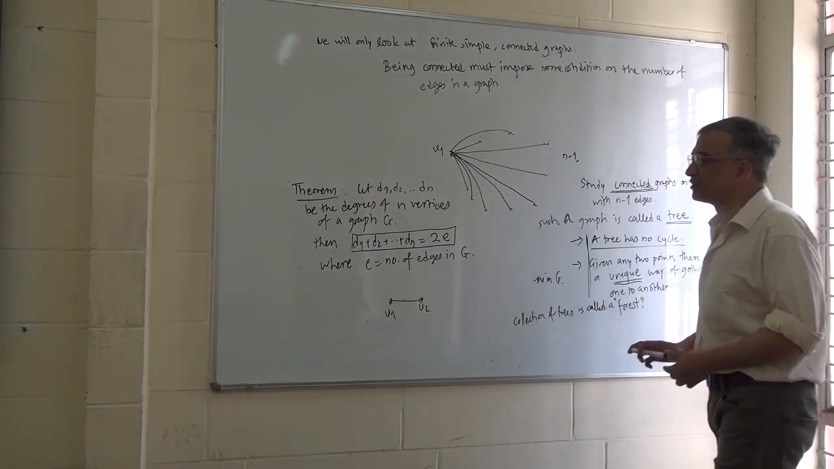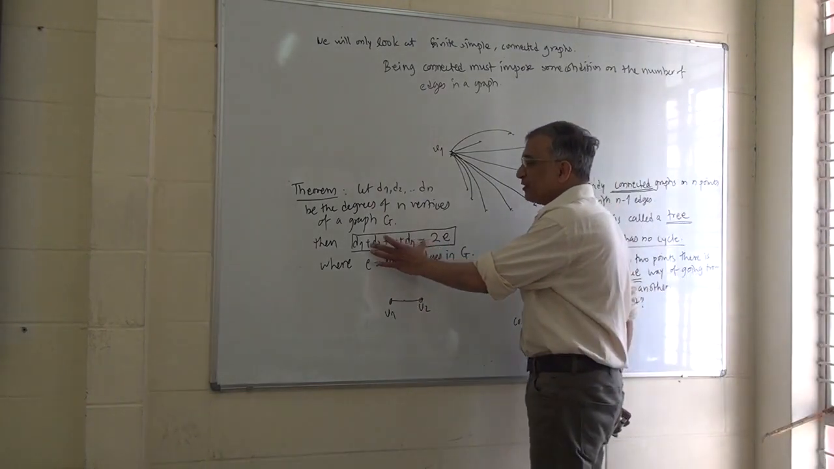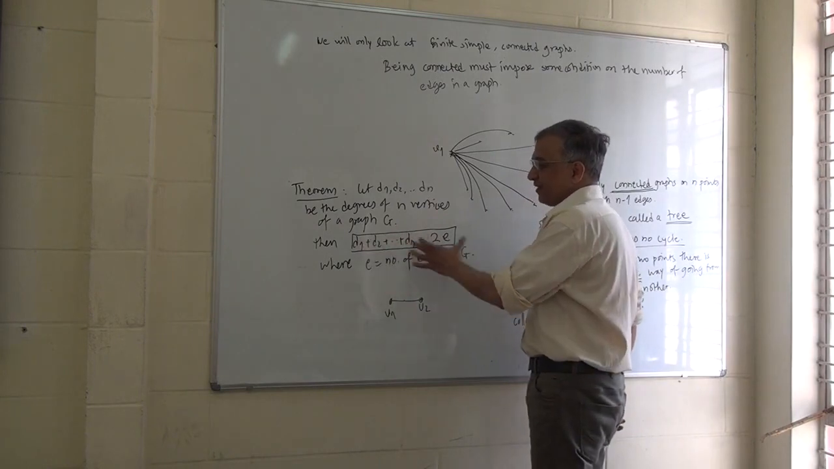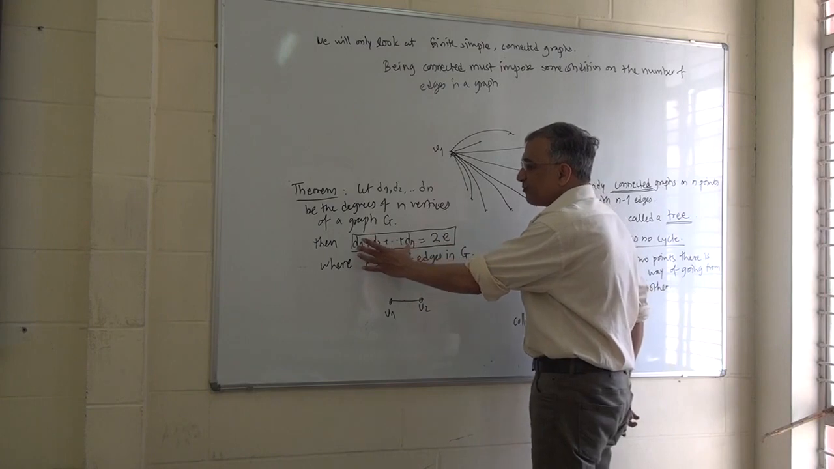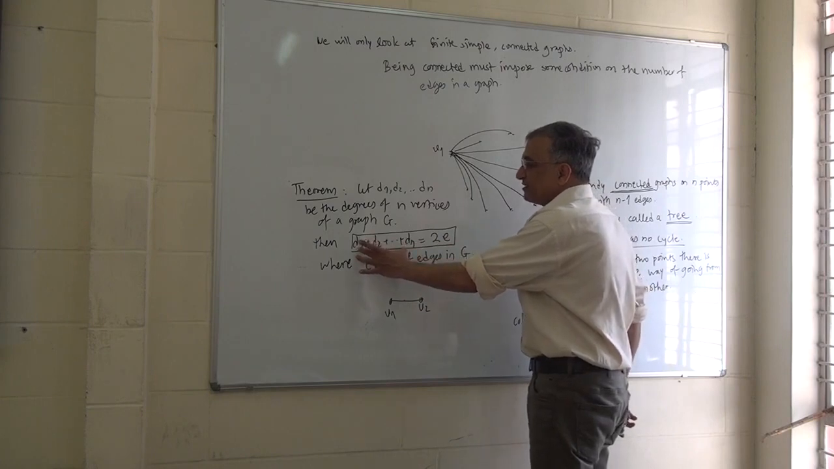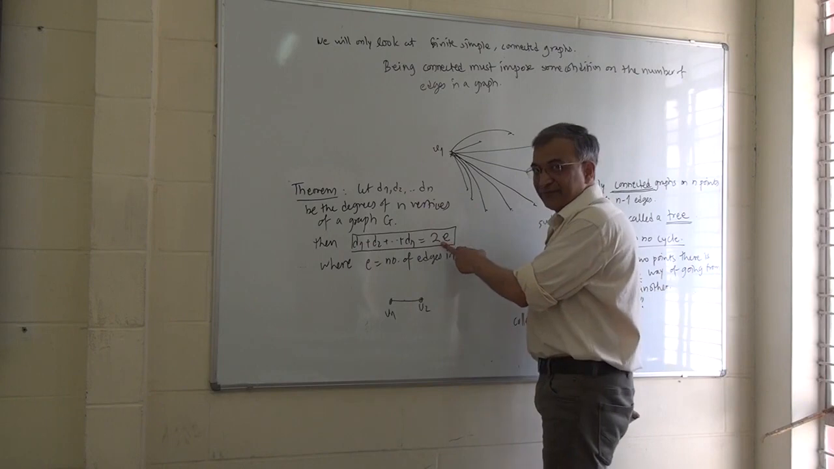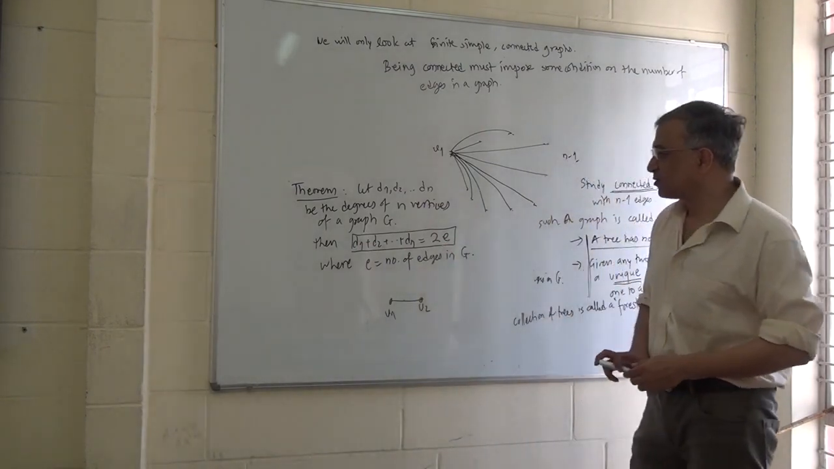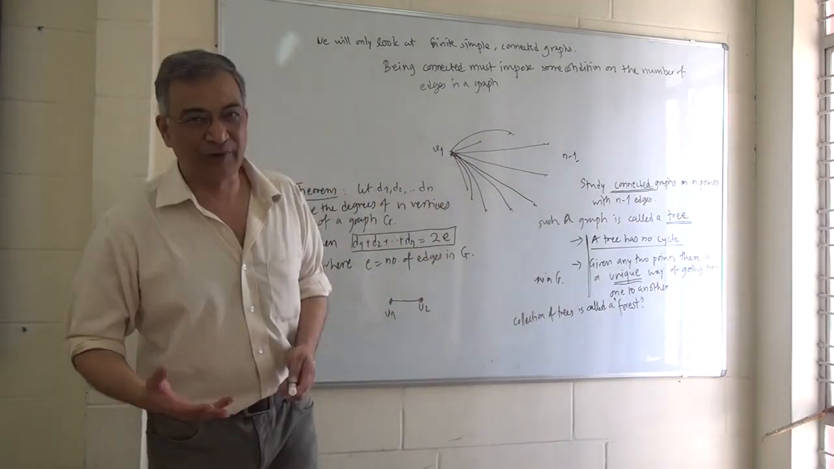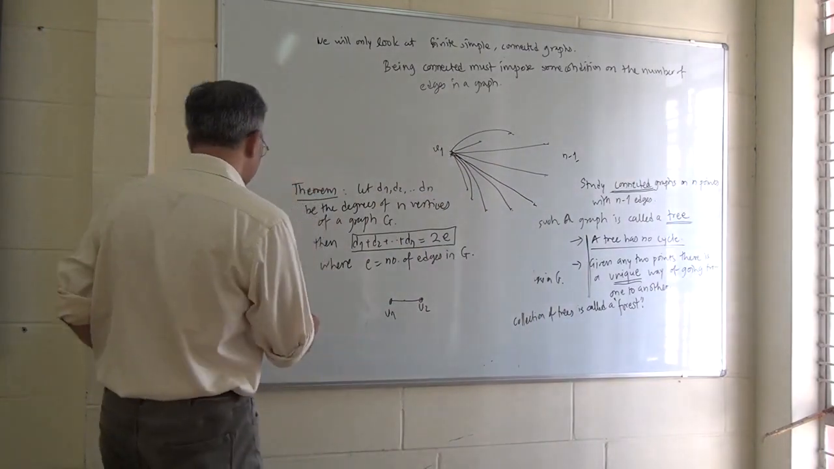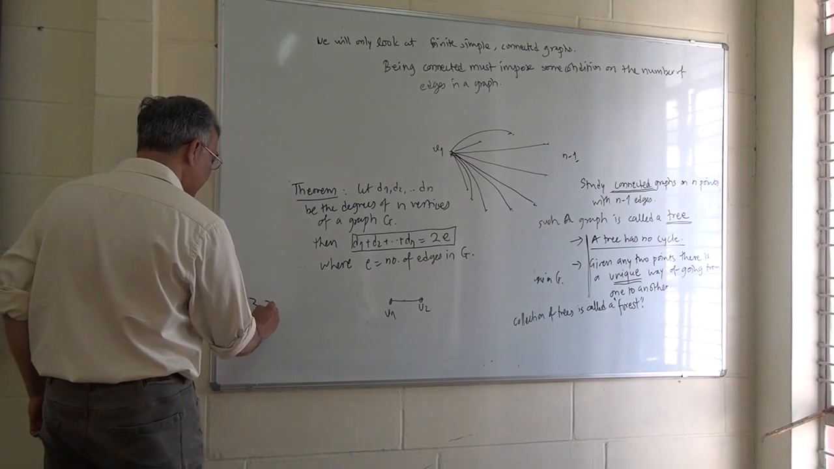So one nice consequence of this is, these are all integers. Of course, d1, d2, dn and e are all integers. So the sum of these degrees must be an even number. This is the consequence. So therefore, we can't have a pentagon, 5 vertices with all edges 3. So this, for example,